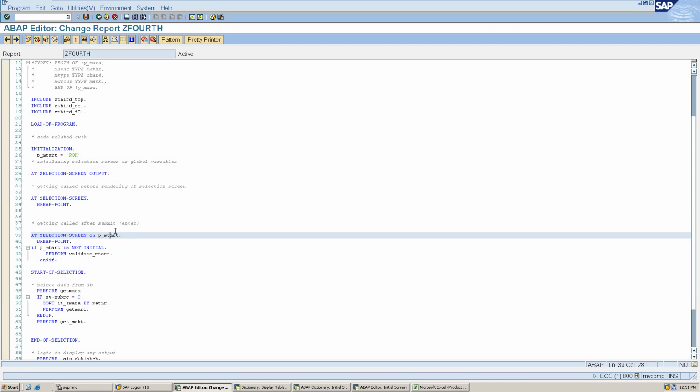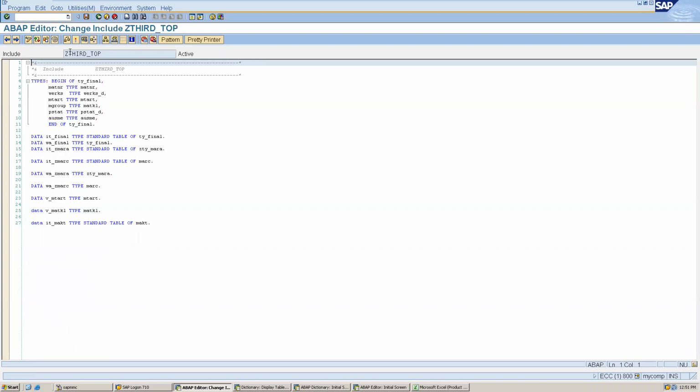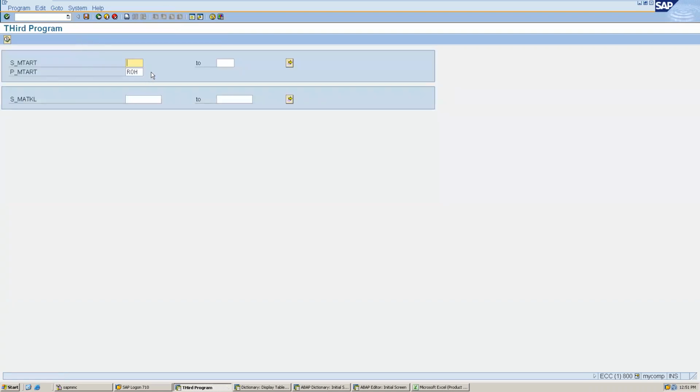No, but I just have a doubt on the multiple. Now we have considered one record only. I have a doubt on multiple fields. If we have to make mandatory multiple fields in the report, then how will it work? Multiple fields means you want to validate multiple. Yeah. Okay. So for example, this, right? S underscore MTMRT. So we have to validate this, for example.